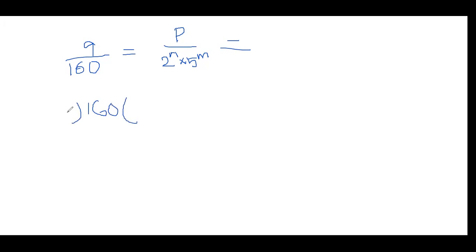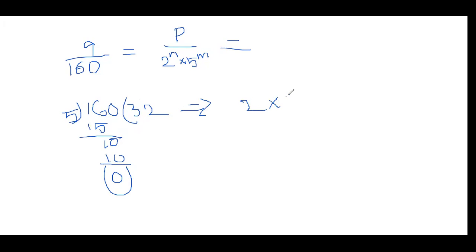Now 160, can you write in the form, in which table does it go? If the last number is 0, it will go in the 5 table. 5 threes are 15. The remaining number is 1 0. 5 twos are 10. Yes. Here the factors of 160, what did I get? 5 into 32, 160. Again, this 32 in what table? 16 twos are 32. Yes or no?